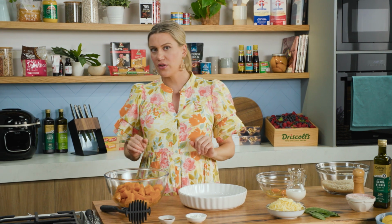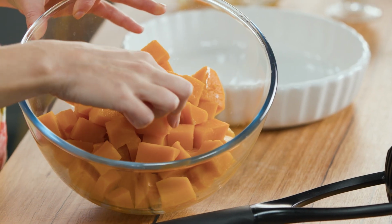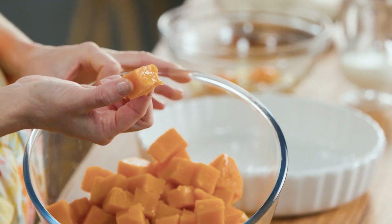Super simple side. So first of all, you need 1.2 kilograms of pumpkin. You can use any type of pumpkin. I've used a butternut pumpkin and I've cut it into large chunks. So it's about 3 to 4 centimeters thick, and I've steamed it. Now, you don't want to overcook this so it's really, really mashy like baby food. You want it to just still have a slight bite because we are going to cook it again in the